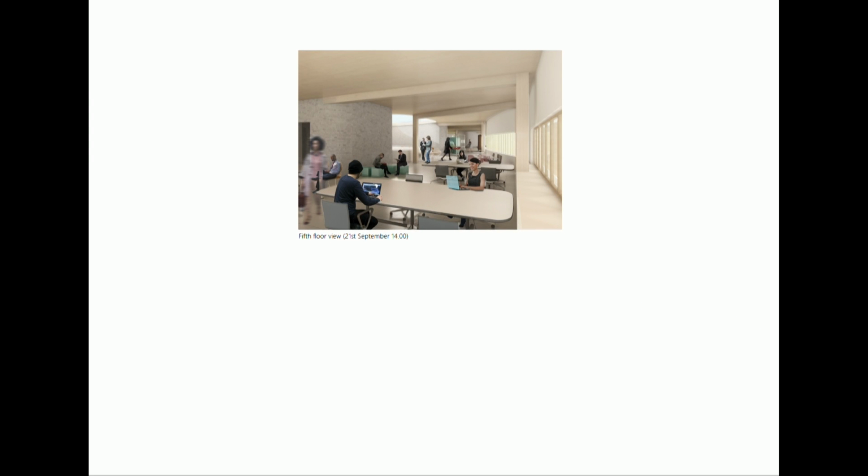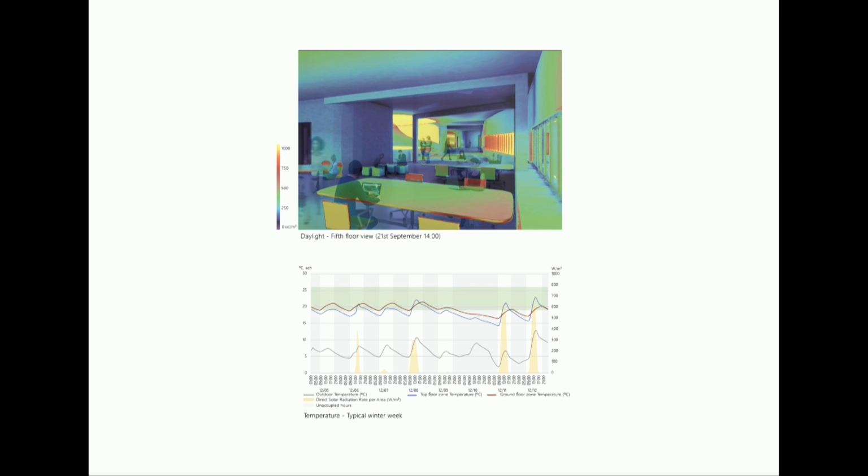So at the end, the spaces that are designed provide both a qualitative space based on the outputs of all these simulations, and also a quantitative dimension of the building we're designing. Here we can see daylight on any given moment of the year and how all the workspaces and the tables enjoy a fair amount of daylight.